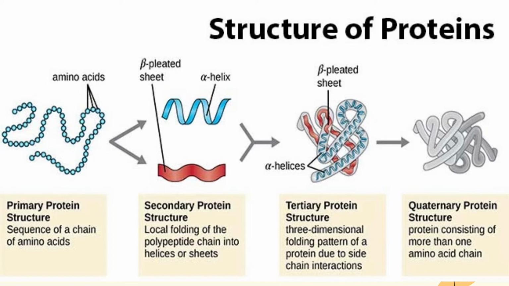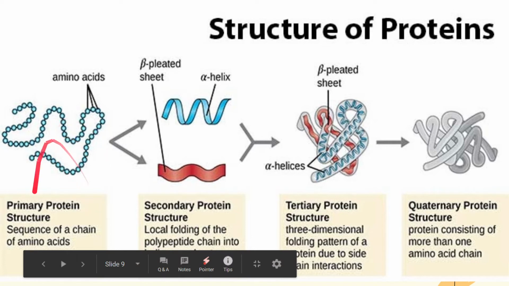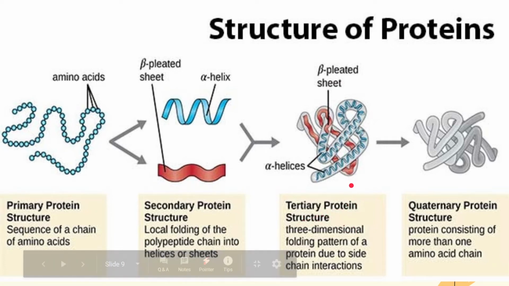In this case, we have the primary protein structure, which is just the sequence of amino acids within that specific protein. So it could be different amino acids. We have beta pleated sheets, which are found in the secondary structure, and these are held together by hydrogen bonds. So the bond that you find in the primary structure is a peptide bond. Here are hydrogen bonds, beta pleated sheets. And in your tertiary structure, here you find disulfide bonds, ionic bonds,